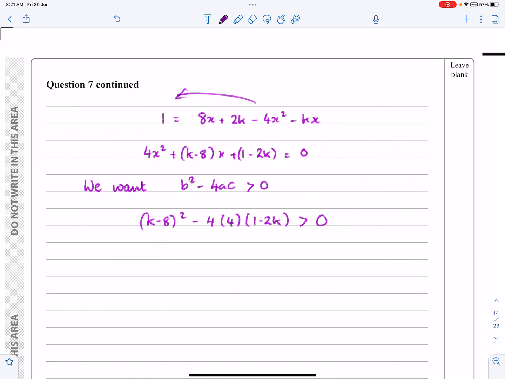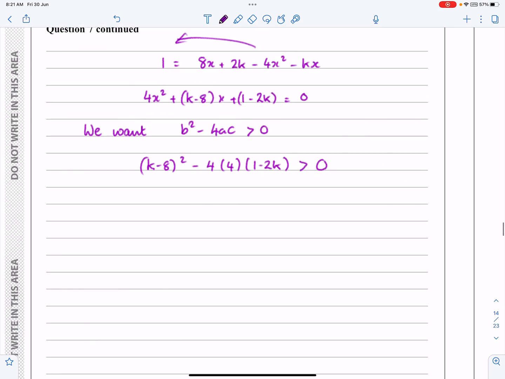You can do it as k minus 8 times k minus 8. I do that a bit quicker. But I don't want you trying to do it quickly and then making a mistake. This is important that we get an accurate answer for this bit. This is a very dangerous thing to do, okay? Because you've got this minus in here and a minus in there, and it's really easy to make a mistake. I'm going to do it a little bit quicker than maybe you do it. If you want to do that, that's minus 16, and then do minus 16 times 1 minus 2k, you can do. I'm going to do it all in one go, but